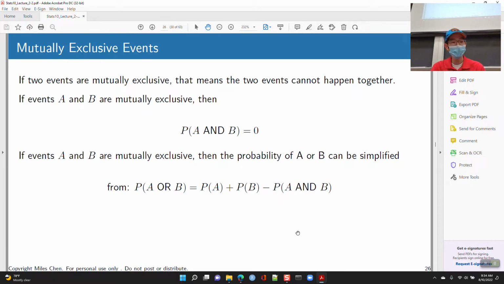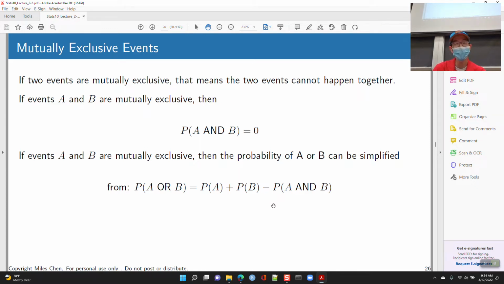So if A and B are mutually exclusive, then the probability of A and B is equal to 0. So basically, if A happens, B cannot happen. If B happens, A cannot happen. They cannot happen together. And therefore, if events A and B are mutually exclusive, the probability of A or B